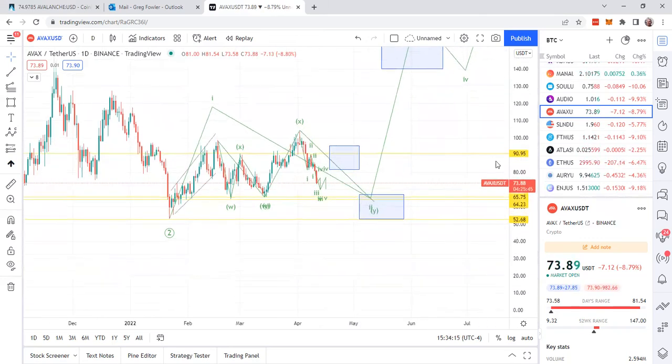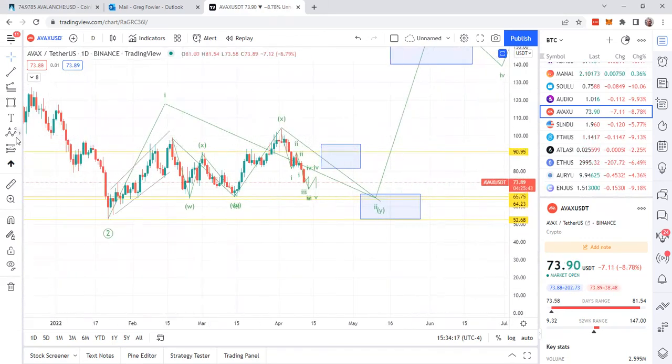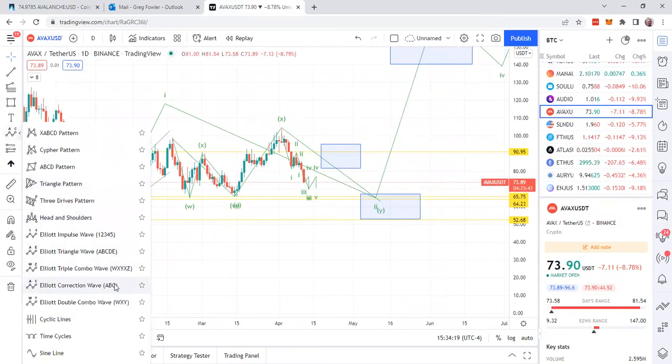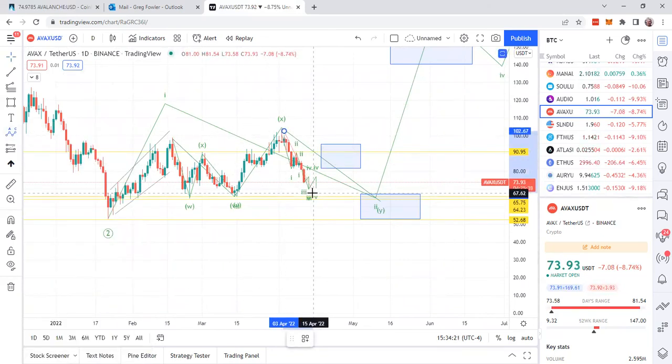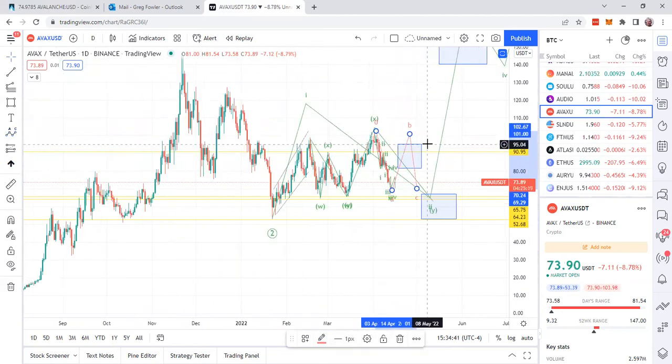So that's basically short term, all you guys have to be aware of. If you want to trade it, it's possible you could trade it. It's going to come down for this A, and then this B can go way up here with AVAX in this area. That's the target area I would be looking for, up from 81 to 95, probably even as high as $100 or something like that, and it'll come back down. So that's good.